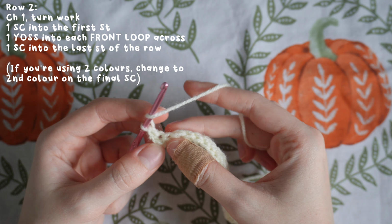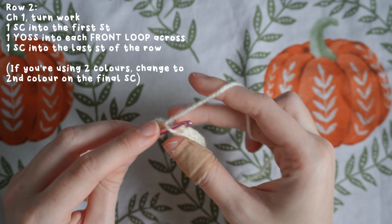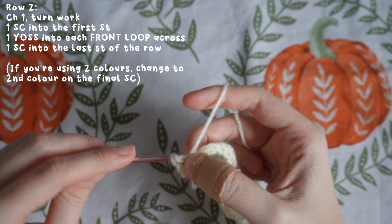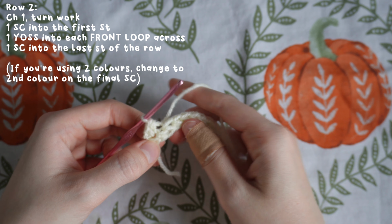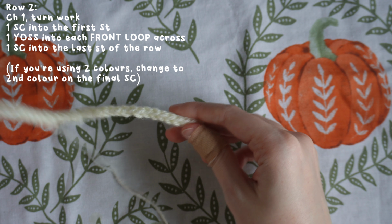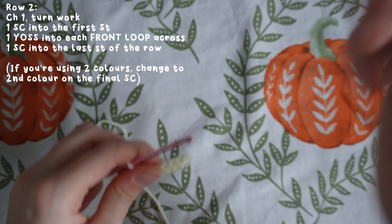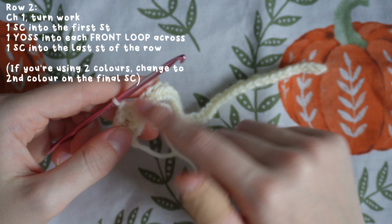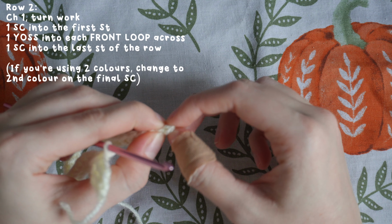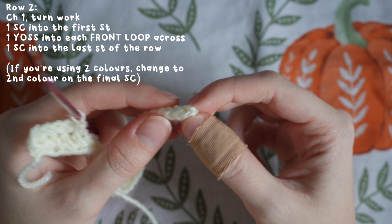So yarn over, insert your hook in just to that front loop, so that's the one closest to you, and yarn over and pull through, and then pull that first loop through those bottom 2 loops. So now I'm just going to continue doing yarn over slip stitches in the front loop all the way across, and then in that final stitch I will do my single crochet. I'm just going to continue doing yarn over slip stitches in the front loop until I get to the end of the row where I have that last single crochet stitch that I need to do,